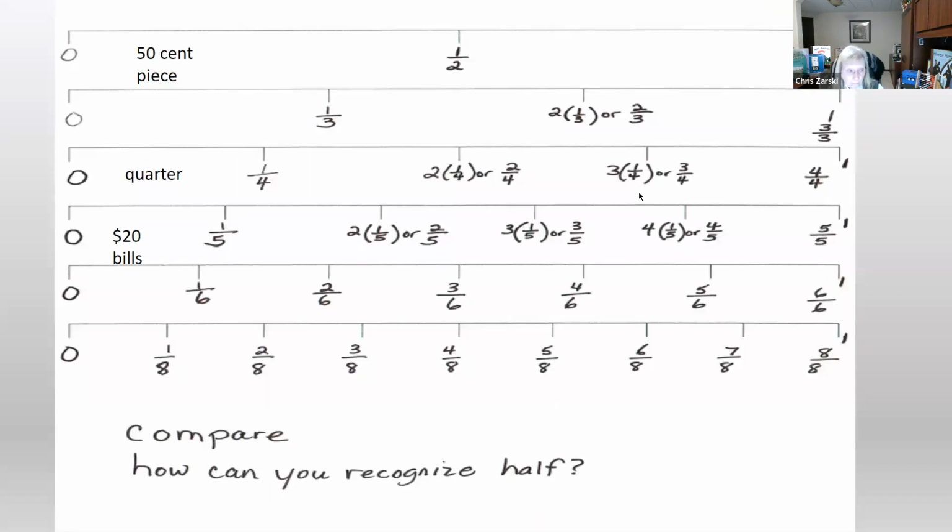It doesn't matter. So then I can have a conversation about, where do I see the halfway mark in my line? And students might say, well, this is like our 50 cents out of $1. Yep, you're right. How could I find that? Well, you could take the line and fold it in half. Yep, you could measure it. I guess you could. But in short, what we're trying to do is find a unit fraction that goes in here.